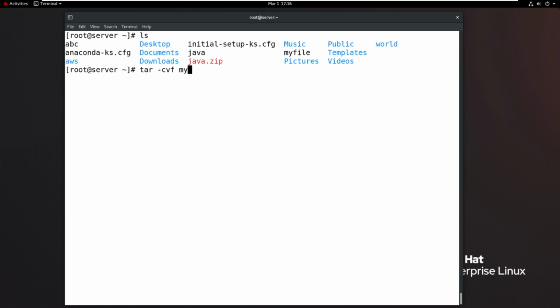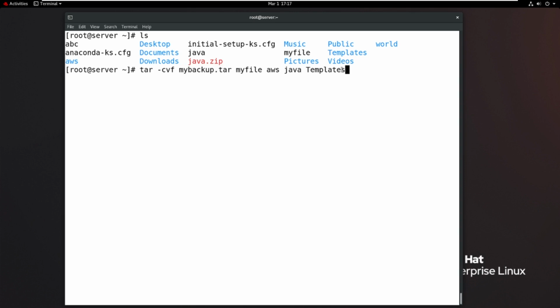Okay, for example, my backup.tar file. Because for my identification, my backup is a tar file, but the extension is not mandatory, extension optional, but it makes it easy to identify. My backup is a tar file, backup file. Then what files you want to combine? I want to combine my file, I want to combine AWS directory, I want to combine Java file, I want to combine even templates folder. Okay, so overall I want to take these 4 resources. I want to take a backup of these 4 resources. Then what is your backup name? My backup.tar.